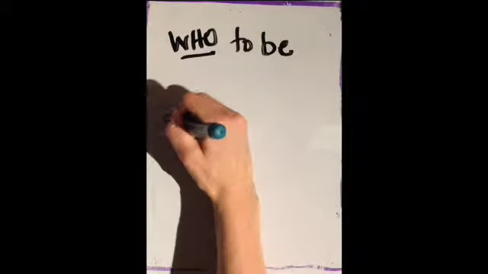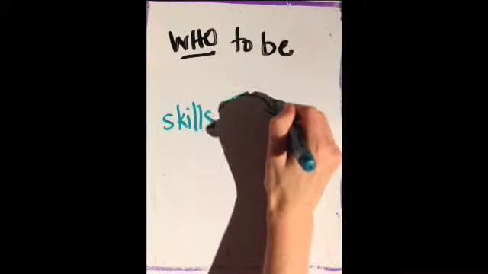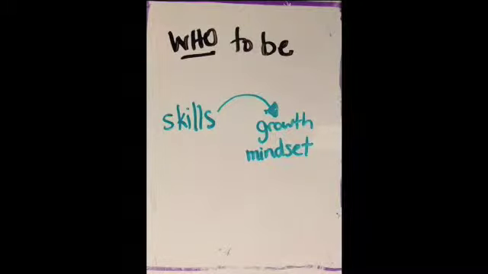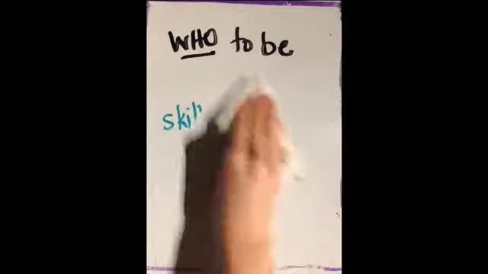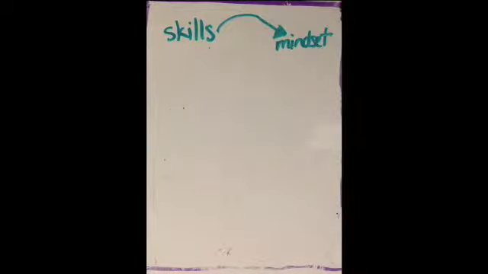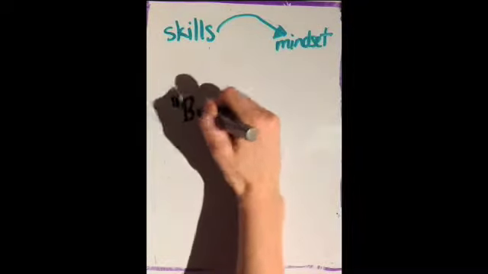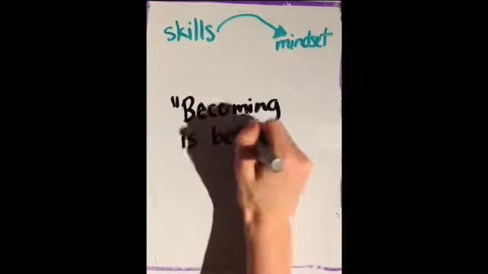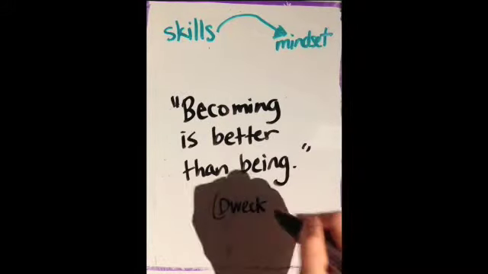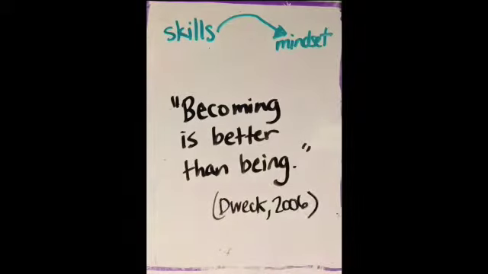Focusing on skills narrows it down to what I can do, right, but having a mindset covers everything. I wanted the skills to walk away an excellent developer and conveyor of professional development, but instead I found that to develop the skills, I first need to have the mindset. In her book called Mindset, Carol Dweck writes that becoming is better than being. She goes on to explain that people with a growth mindset are all about stretching themselves and sticking to it.